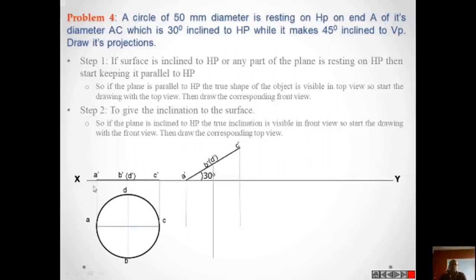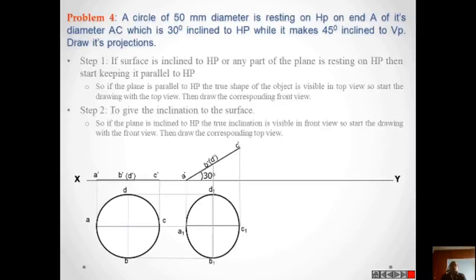So this distance, A dash, B dash, C dash, D dash, these positions on these lines are at same distances. So the distance has not varied, only thing is the orientation is changed. The orientation here it is parallel, we are making it 30 degrees to xy. Okay. So once you make this front view, drop the projections and locus lines, you will get the top view. So up to here, there is no ambiguity, it is similar to previous questions.